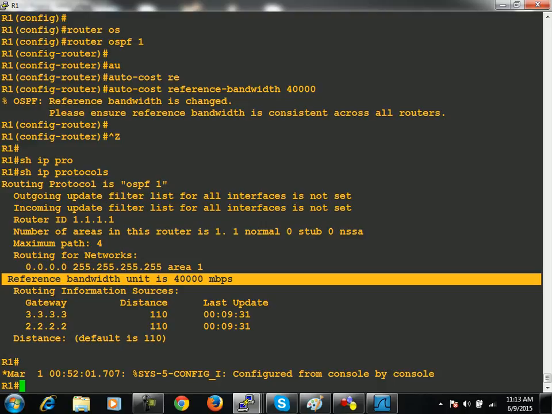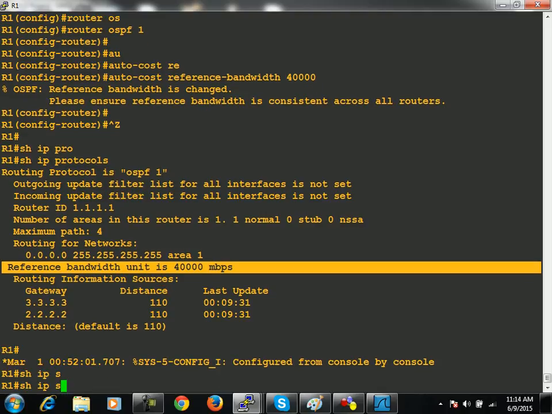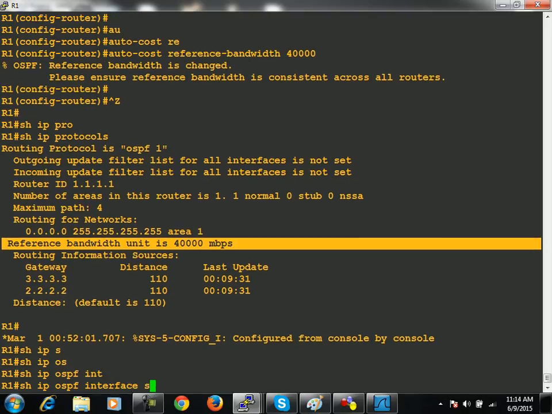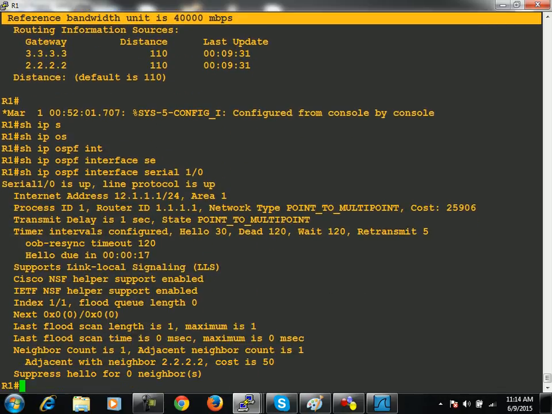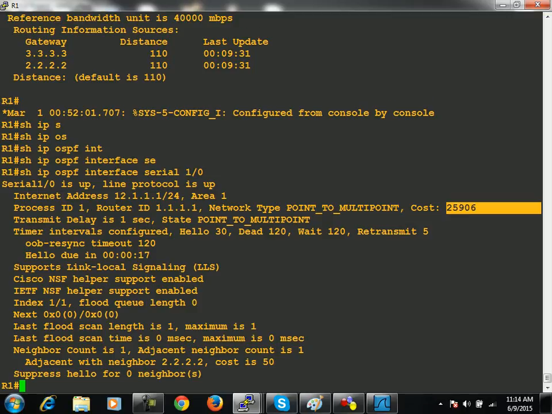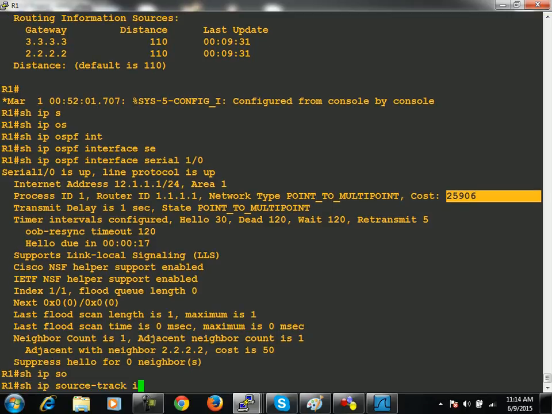So in this way you can change it. Then after, you can see show IP OSPF interface serial 1/0, and you will see that the cost is now 25906. If you check the cost of show IP OSPF interface,